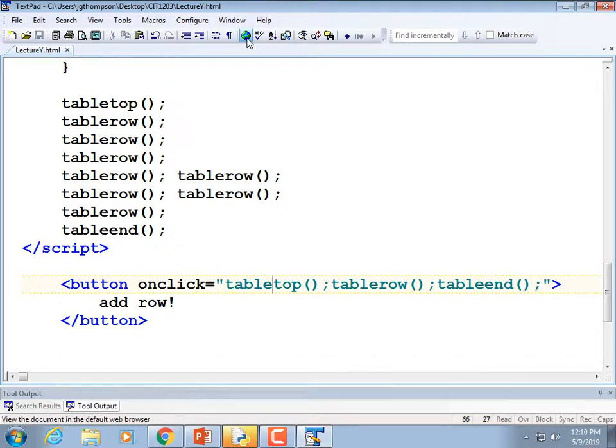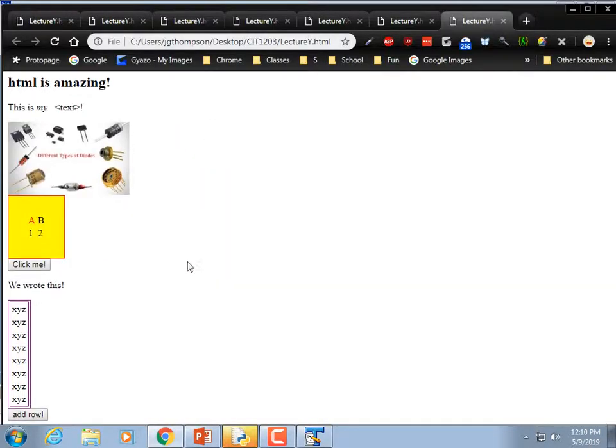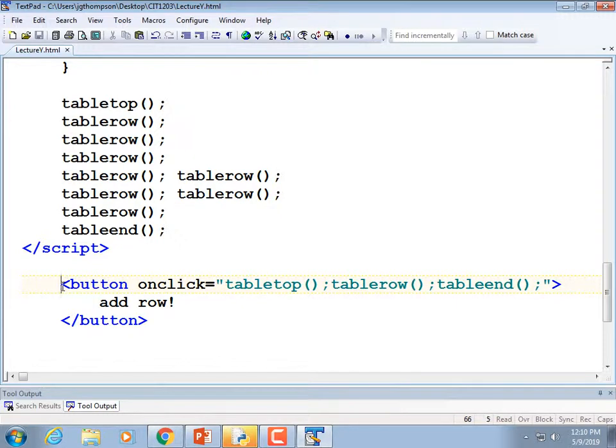Okay, let's see if it works. Save it, run it. I'm going to click Add Row. Well, it did write it. It erased everything else in the document. I'm kind of disappointed it did that, but I can't really say that I'm surprised. Instead, what we should be doing